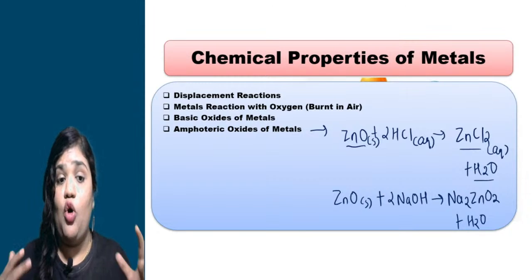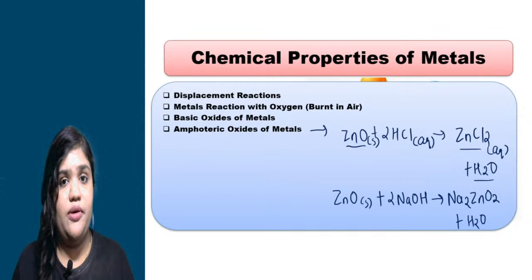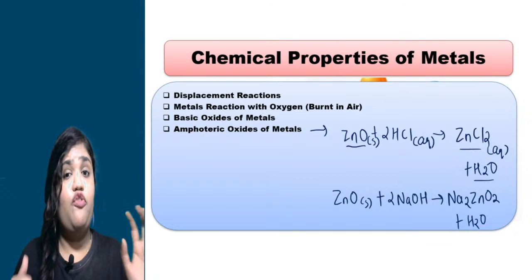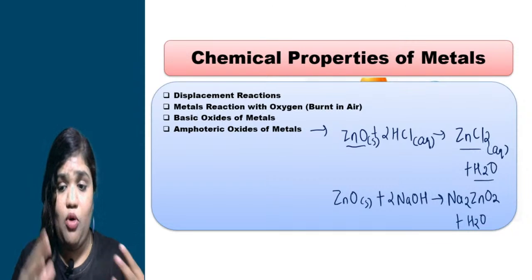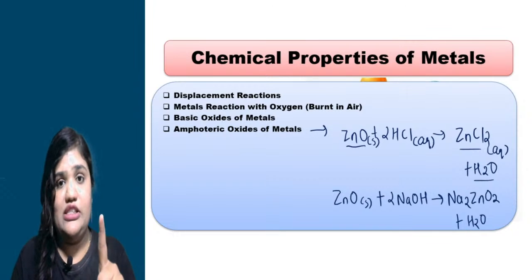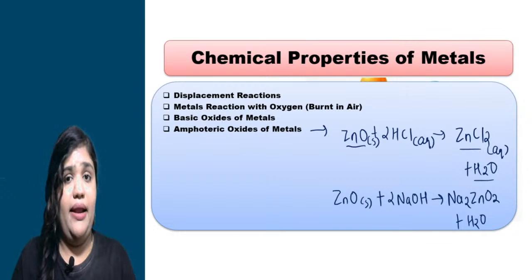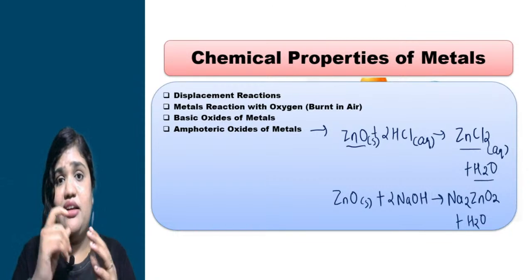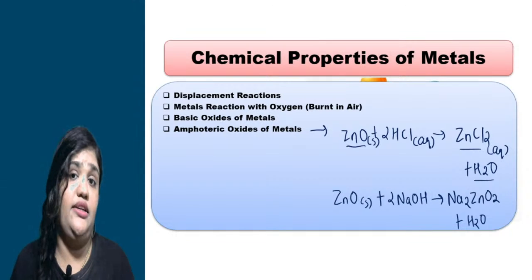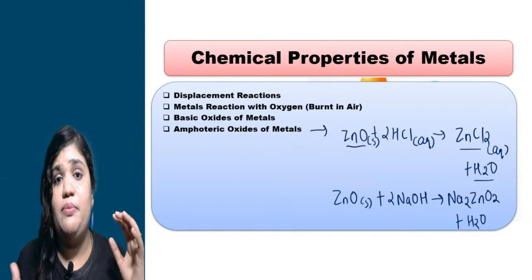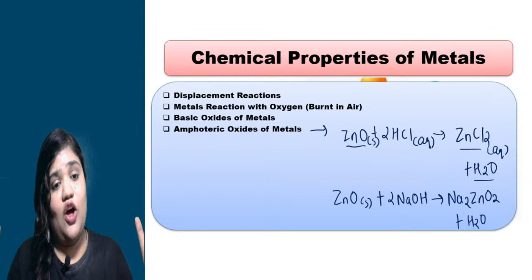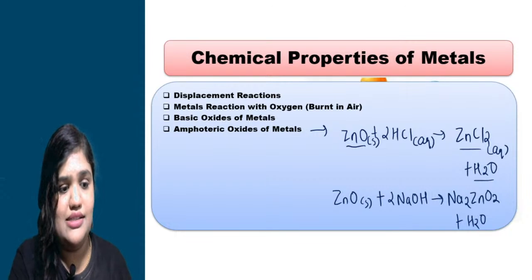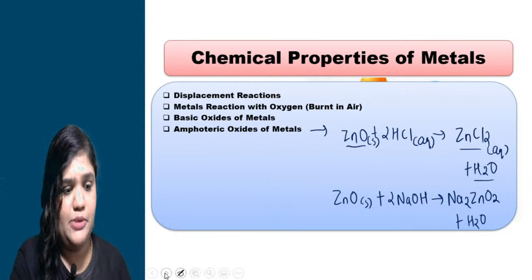And yes, everybody, the concept is very easy over here. What are the important points that we have discussed? I have told you what kind of questions will be asked in your exam on this topic. The first question was to differentiate between metals and non-metals. Now you can see you will be asked to write a short note on the chemical properties of metals. So these kinds of questions will be asked on this topic. Now moving on to the next part, everybody. I am hoping that you are understanding all the concepts. Moving on to the next point.